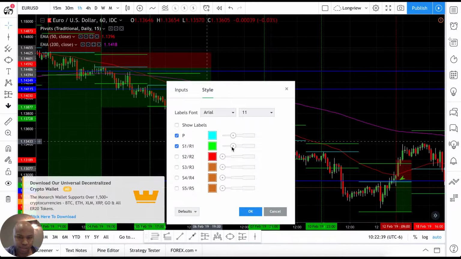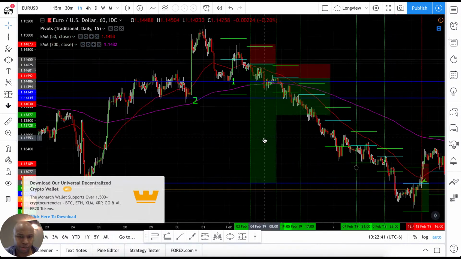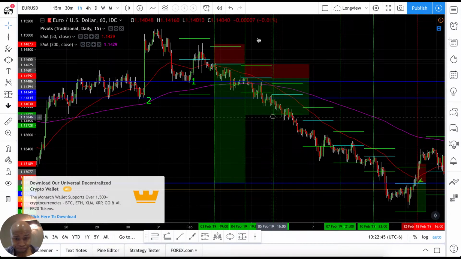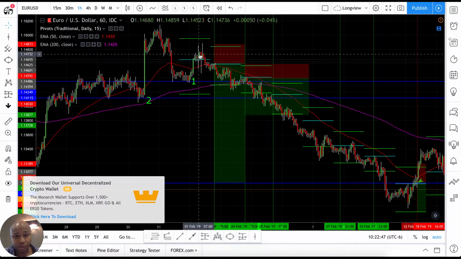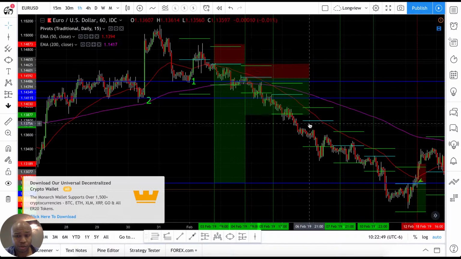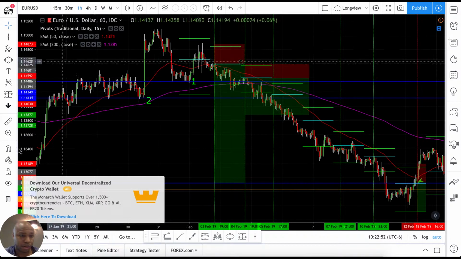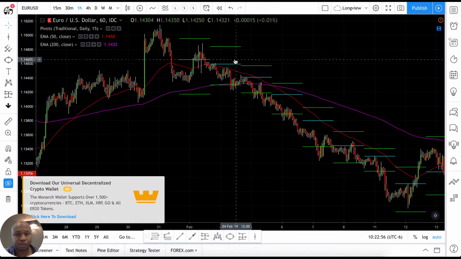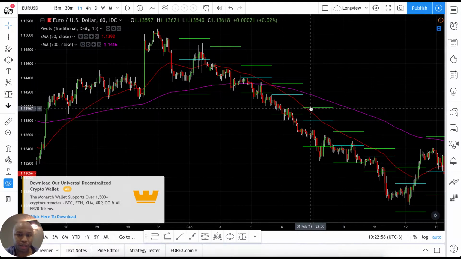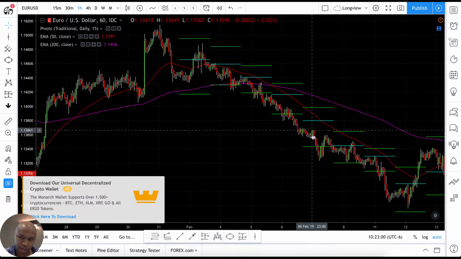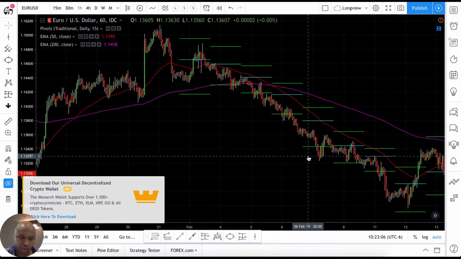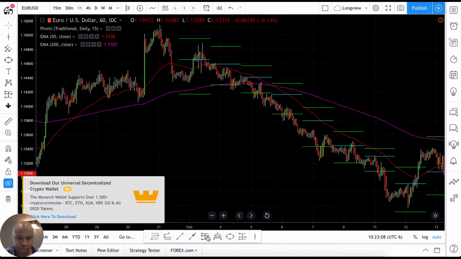Let me see if I can make these a little bit brighter. There we go. So now you can really see those green lines. And that's how it's going to be. That's how I pick. And one of the ways that I use early on to really understand if we're in a good trend or not, is I look at the position of the bars, right? So the green, blue, green. And if it's inherently better than 1-to-1, so what that means is